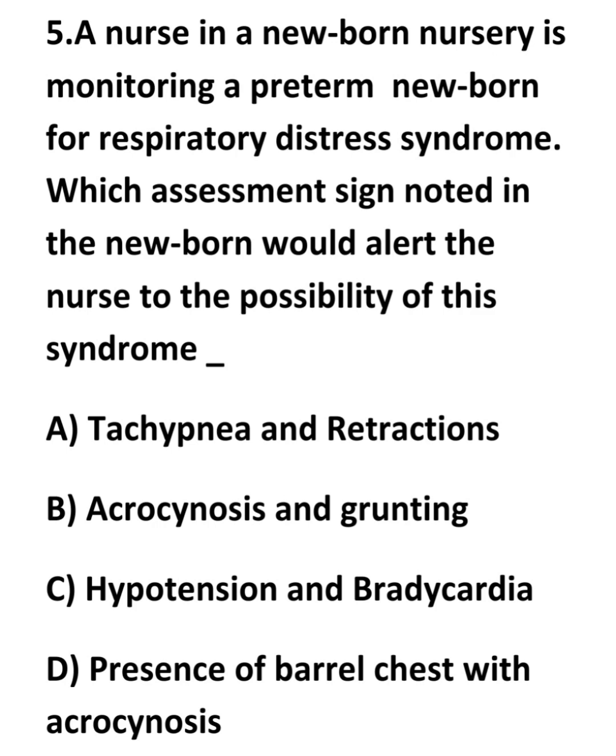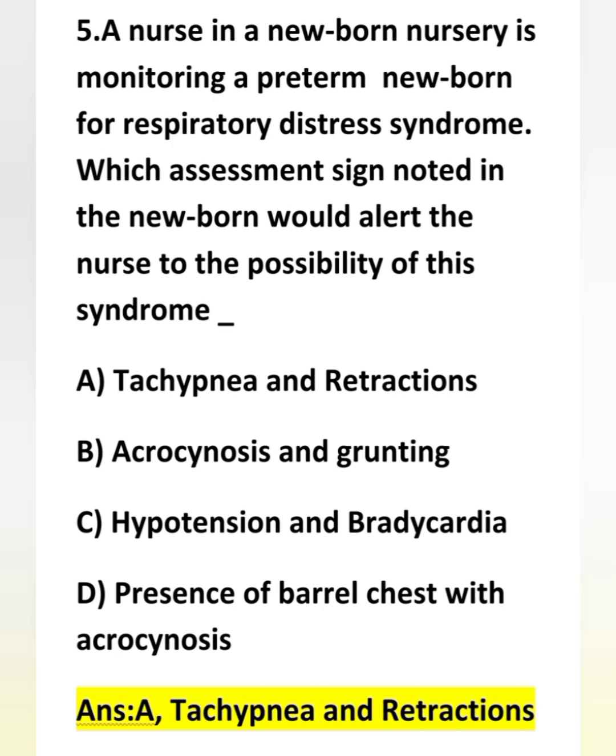As a nurse, she should know what signs and symptoms can occur in a preterm baby with respiratory distress syndrome. The possible signs and symptoms of respiratory distress syndrome include cyanosis, tachypnea or apnea. Tachypnea means increased respiratory rate, and apnea means absence of breathing. Nasal flaring, chest wall retraction or audible grunting can also occur in the patient. So it is clearly given over here, tachypnea and retraction, that is tachypnea and chest wall retraction can occur in a preterm baby with respiratory distress syndrome. Option A is the correct answer, tachypnea and retraction.